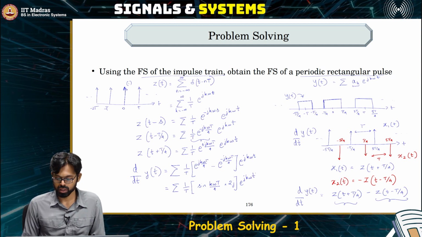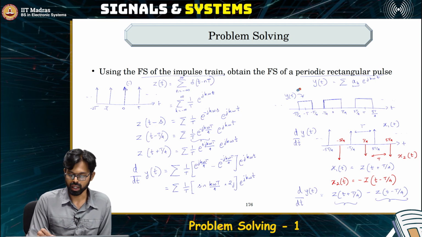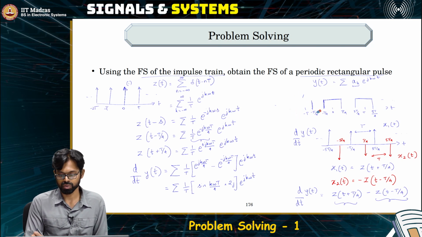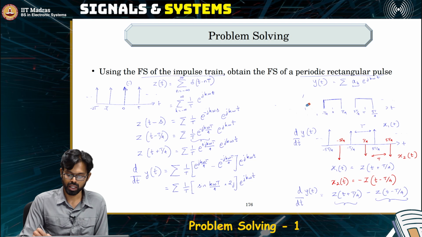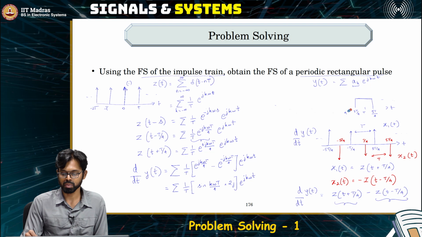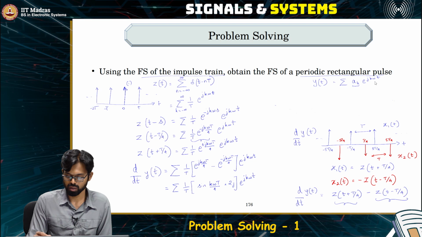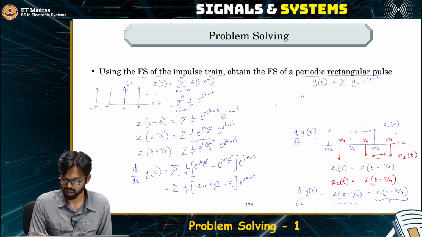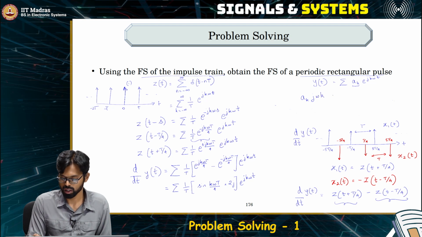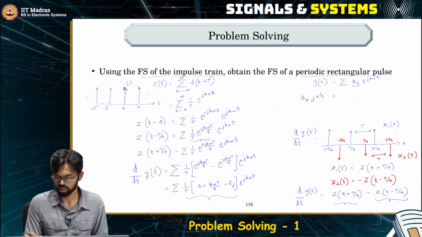Now how to get the Fourier series coefficients of y of t? Once again we use the property that we have studied before: if the Fourier series coefficients of a signal z of t are known, then the Fourier series coefficients of its derivative can be given by just multiplying by j omega k. In other words, we know that ak times j omega k is equal to whatever we have here, that is